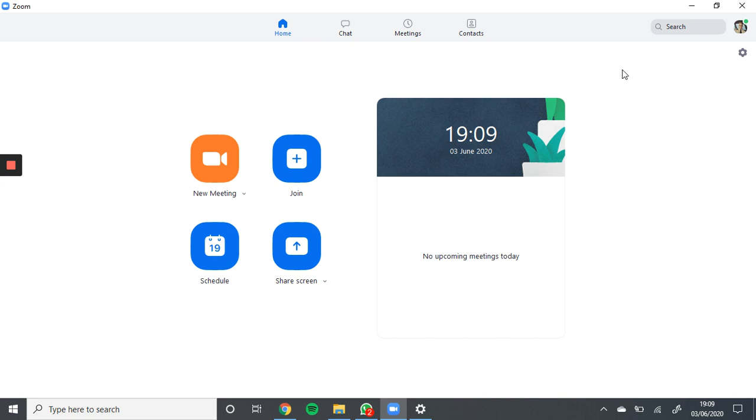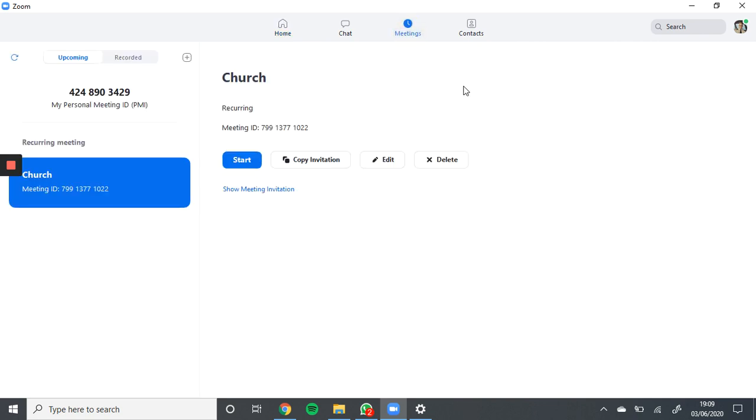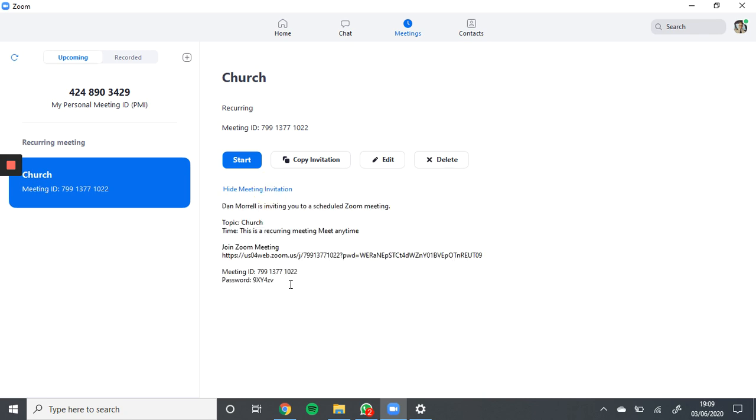So again, we would open up Zoom when it's time for the meeting, and we would click this Meetings tab at the top here. As you can see, the meeting that we scheduled is here, and the meeting ID is there as well. You have the option to copy the invitation again if you need to send it to more people. And it's worth noting at this point, so we're just going to show the meeting invitation again, that